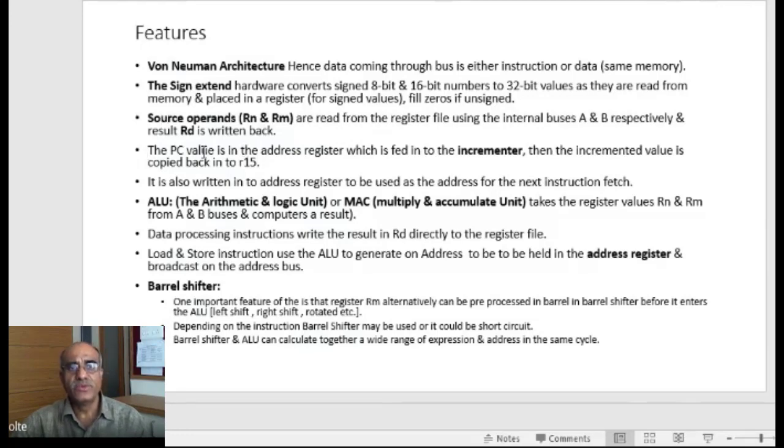Then we have the source operands Rn and Rm, and the result is taken back into the register with the destination RD. Always the PC defines the address location of the next instruction. So there are the arithmetic and logical unit and the multiply